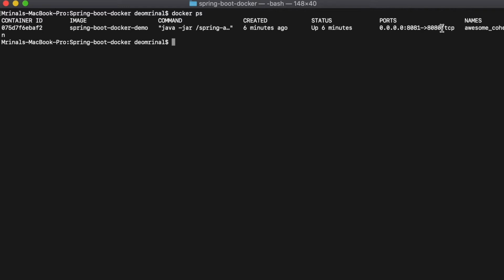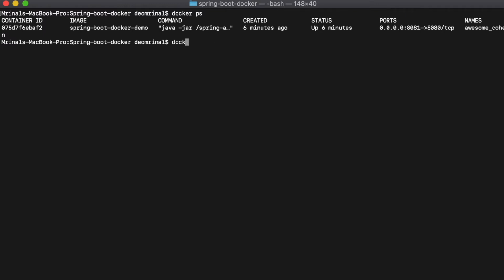So here 8080 is the port running inside the Docker container, and 8081 is the port of the host machine which is mapped to the 8080 port. And names, which the Docker engine by default gives as a random name. Okay, so this is how we look at the active containers list.